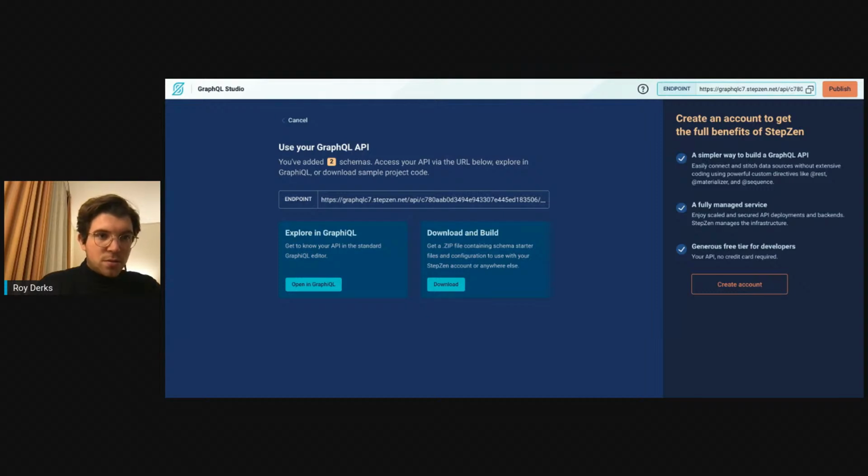Let me see if I'm copying all the files correctly. Okay, and then I will be copying this file as well, and then the final file,